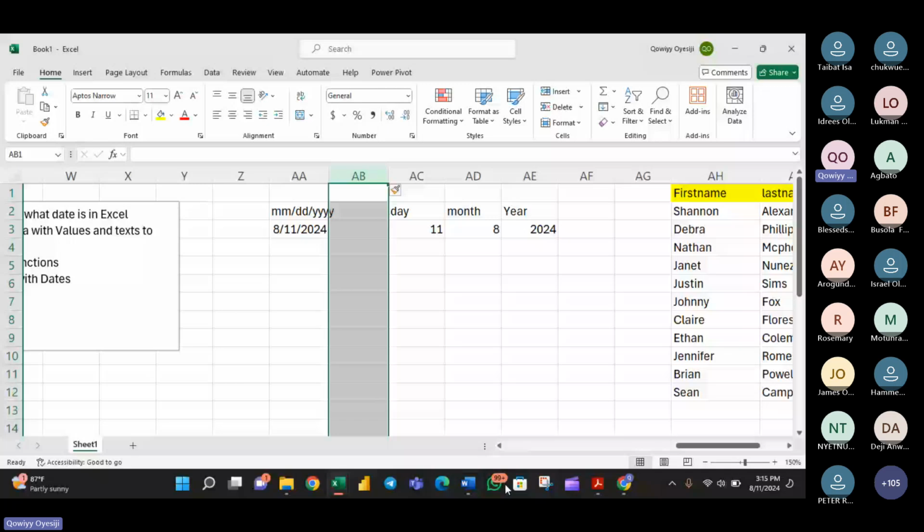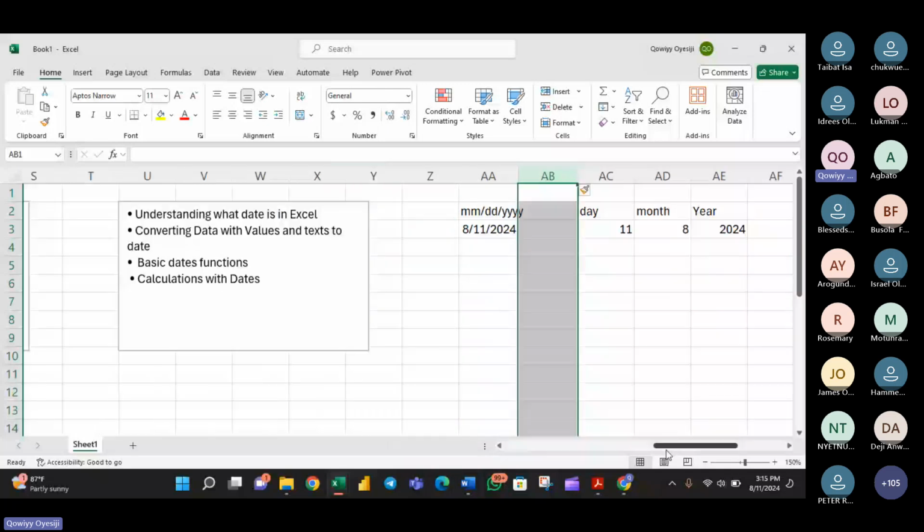There's another function you use. We can use the text method to actually extract it, but this is the best way. Is that clear? Now, another thing: let us assume I want to count the number of days between